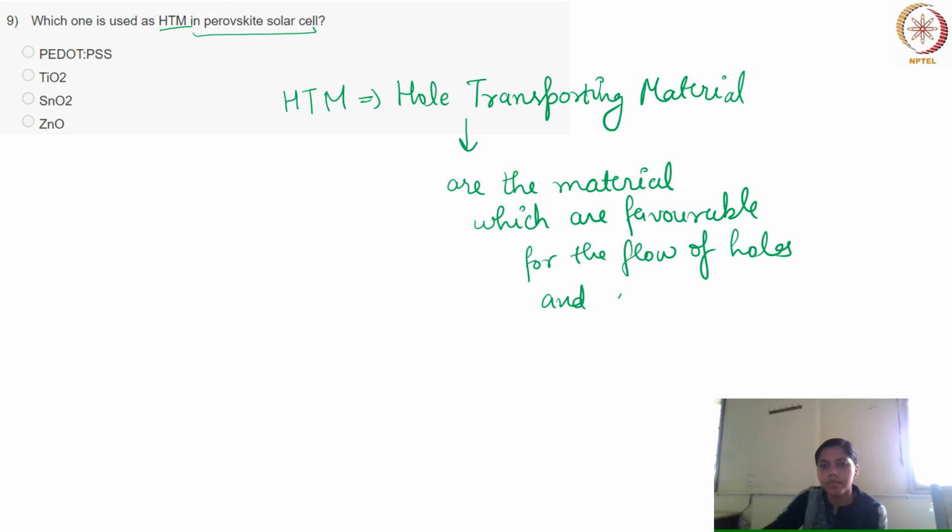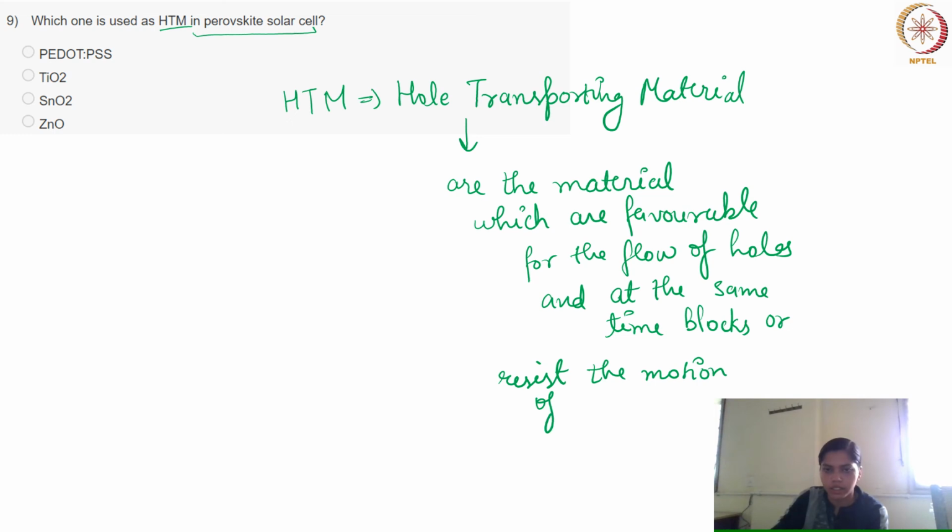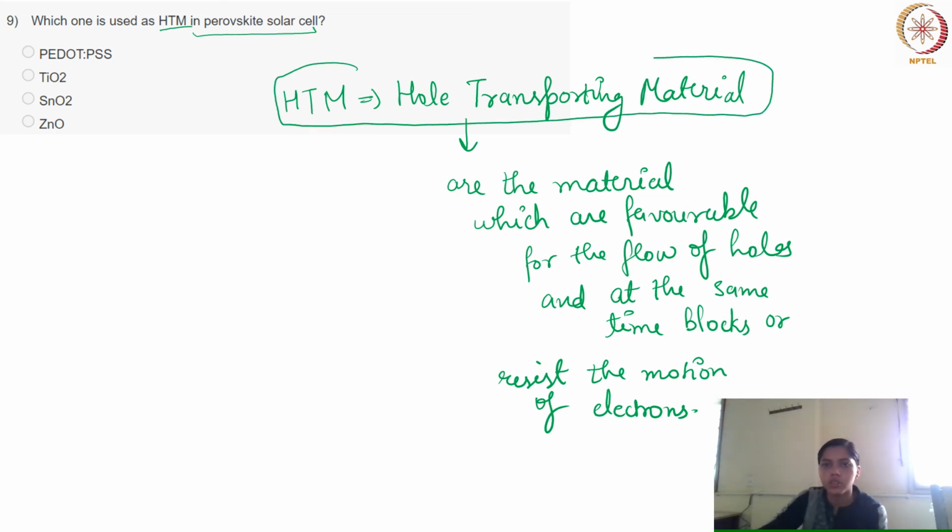and at the same time block or resist the motion of electrons. Okay, so as the name itself suggests, the hole transporting material is suitable for holes, so that is your hole transporting layer, or we can also say the hole transporting material. Similar to this, we also have the electron transporting layer or the ETM, which is your electron